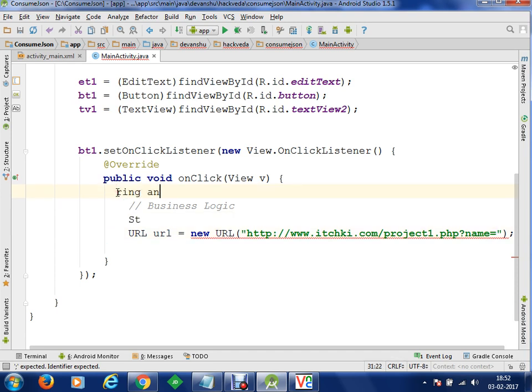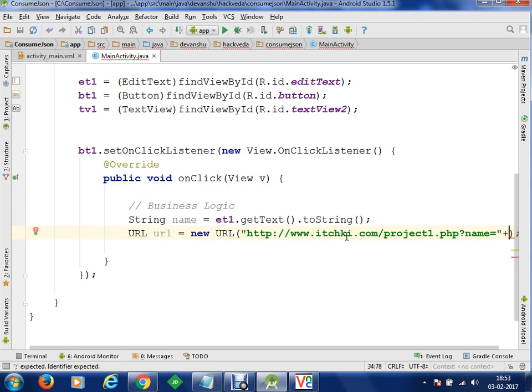So we are going to create a String name here, and we are going to get the text from EditText 1 and convert it into a string. Once we get the string, we are going to concatenate the name with my URL.